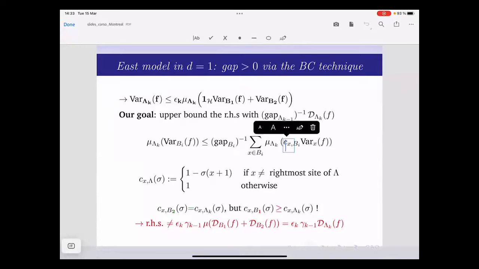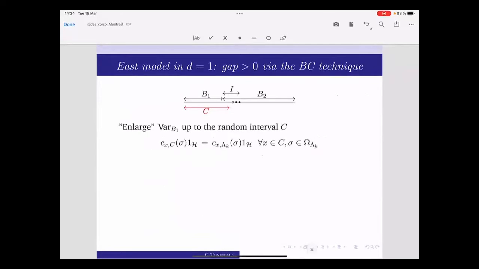And while on volume B2, which was the volume on the right, I had outside the original system already had the empty boundary condition. Instead, on the first volume B1, so on the first half, I don't have in principle an empty site just on its right. This corresponds to the fact that if I want to evaluate the spectral gap or the